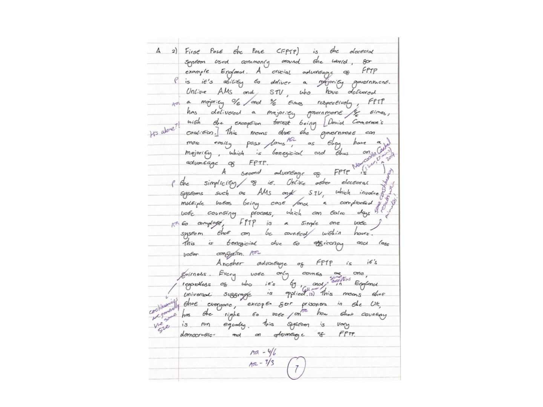So, let's have a look at our 3 advantages. Okay, so the first one, ability to deliver a majority government in most circumstances. The second one, simplicity. And the third one, this idea of fairness. We'll come to that in a moment. Okay, so this answer has got an understanding that other systems don't result in majority government. First past the post was done in 5 of the last 6 elections. It says there the exception being David Cameron's coalition.